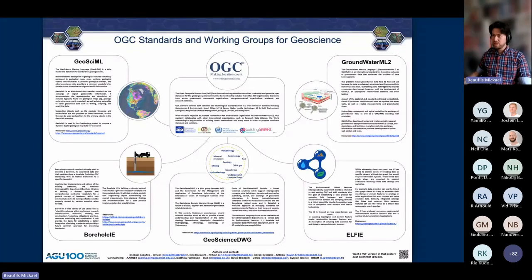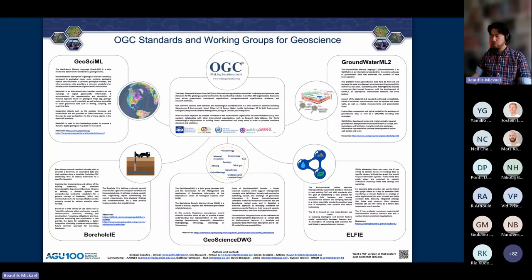Regarding OGC and especially the data models for geoscience, the main one is GeoSciML. It's a data model to cover geoscience as a general thing, starting with geology. Then there was a first extension for hydrogeology called GroundWaterML2. The way those standards are developed and extended is discussed in a group called the Geoscience Domain Working Group, which decides on the different extensions that should be made.